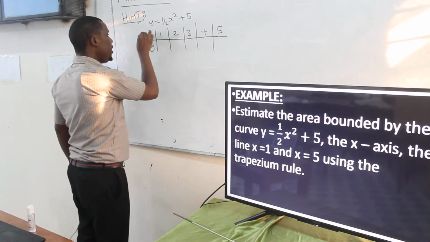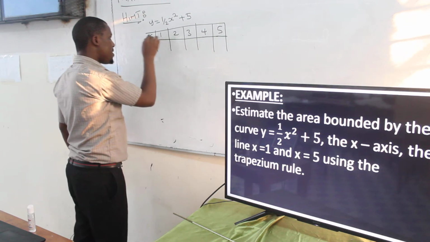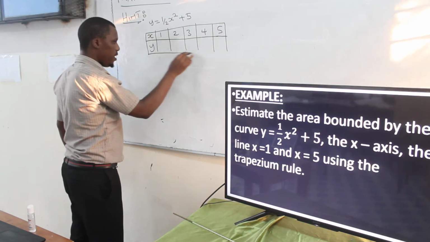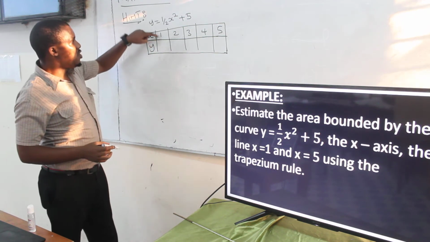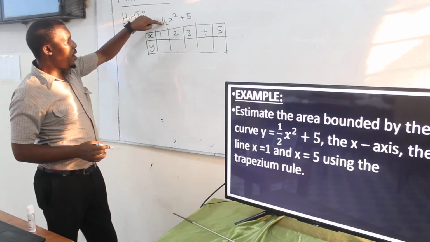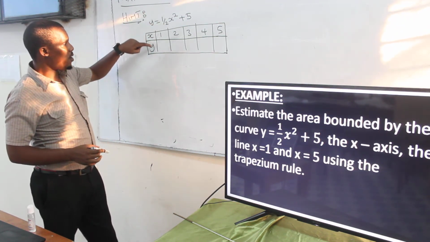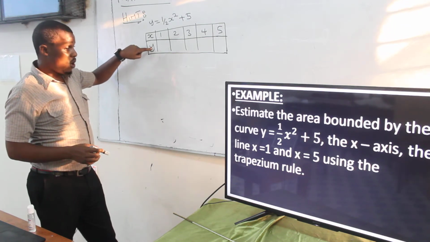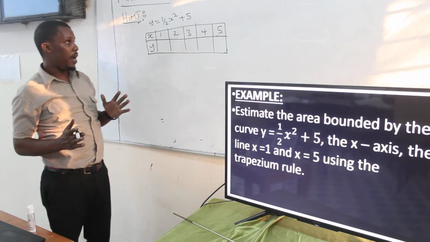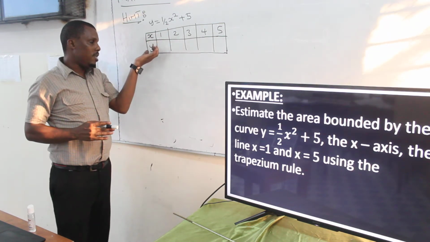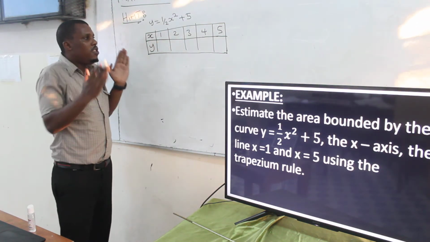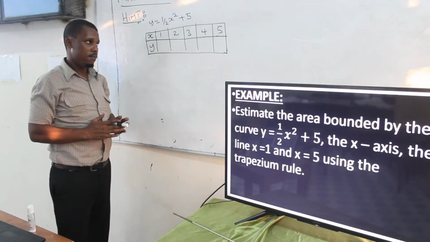There. So when you construct this table, these are the y's that you're going to need. So you take your 1, you substitute into this equation. So when x is 1, what is the value of y? Am I communicating there? I want you to be very careful on that. Because now the table is not given, you need to get the values of y. And for you to get the values of y, you need the range of the values of x.